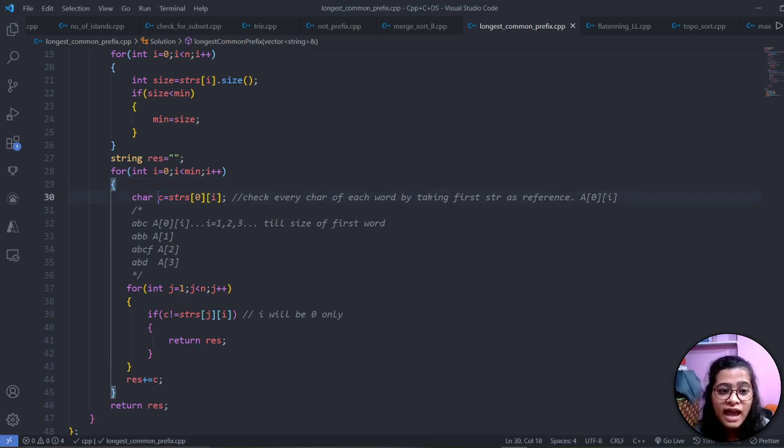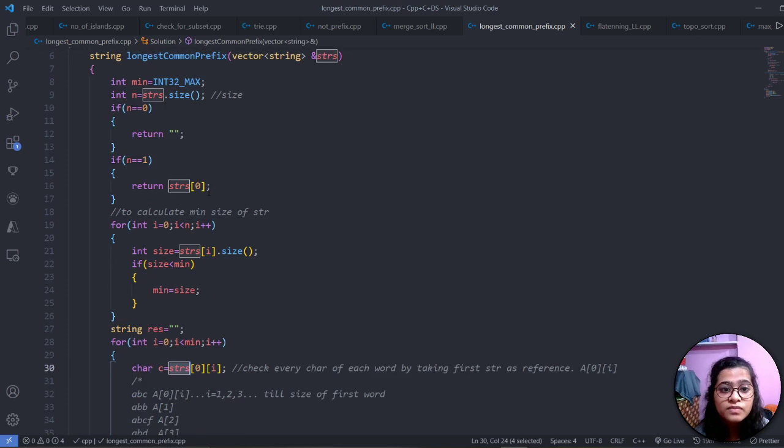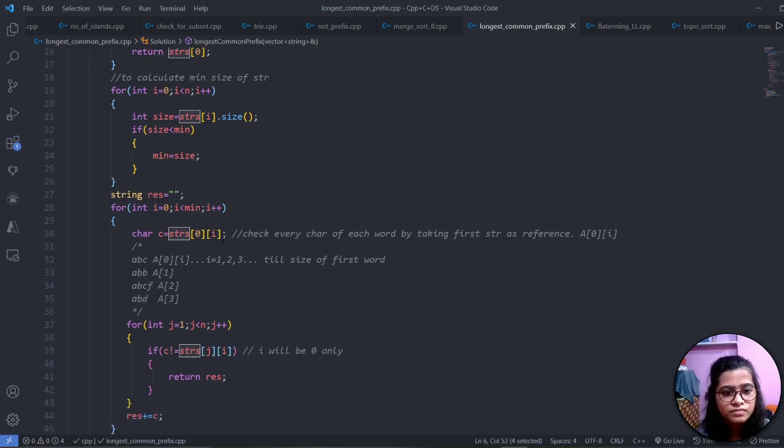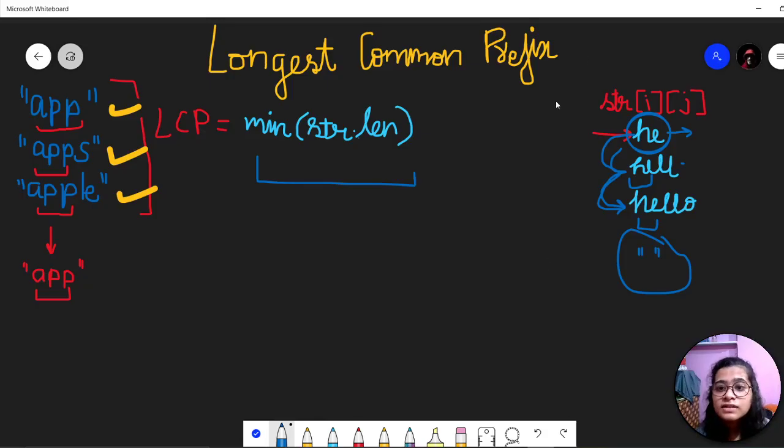I am making a char variable c, and str is the string, the dynamic array of strings that I have taken. And now what is this? I'll tell you. See, this is an array of strings, and an array has indexes as rows and columns.